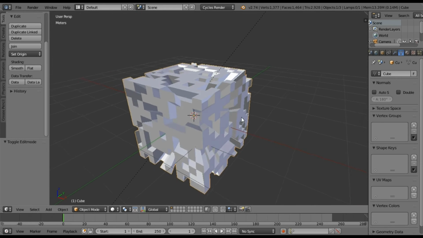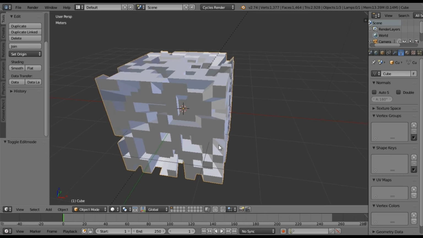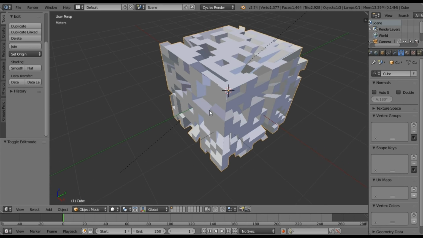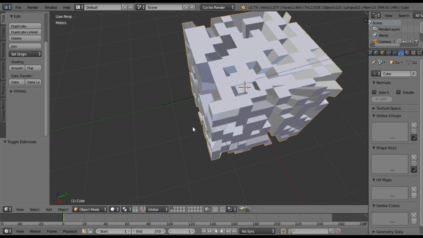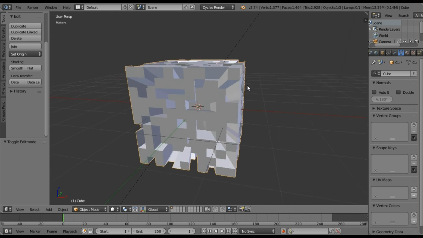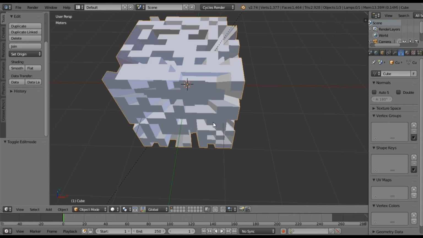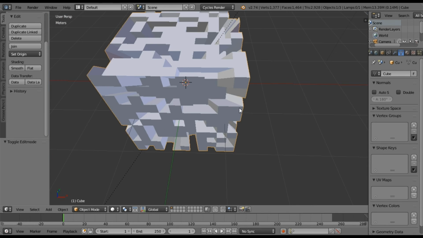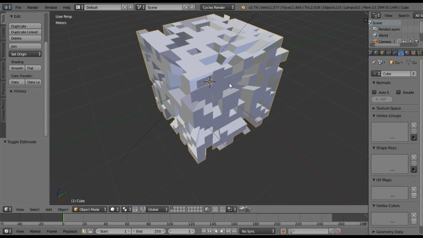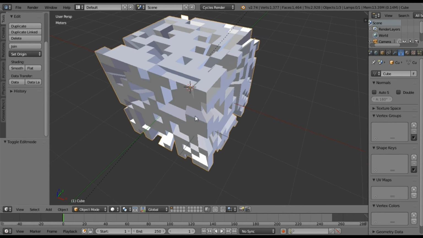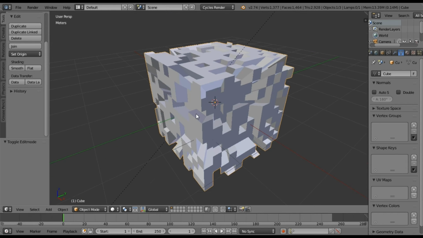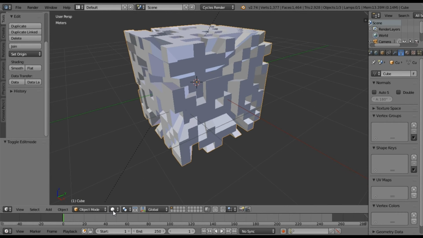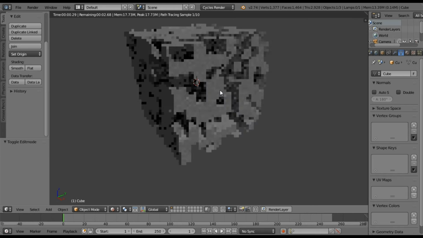So this object, if you were trying to do it photorealistically, you would basically have to go in and find every flat surface, like this surface here, and this surface here, and this one here, and you'd have to unwrap it individually to make sure that you get the correct sizing and the correct perspective on the image that you're applying to it. However, with procedural textures, you no longer have to do that. So let me go right into my rendered mode,